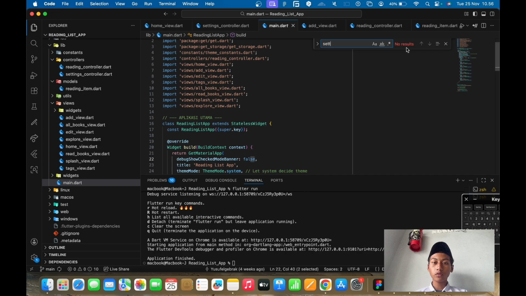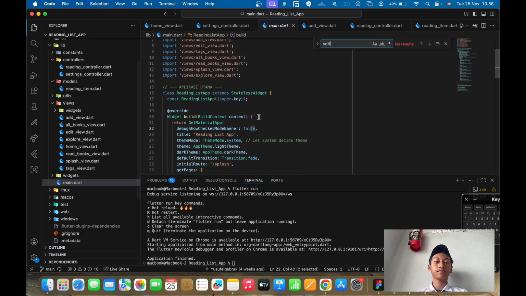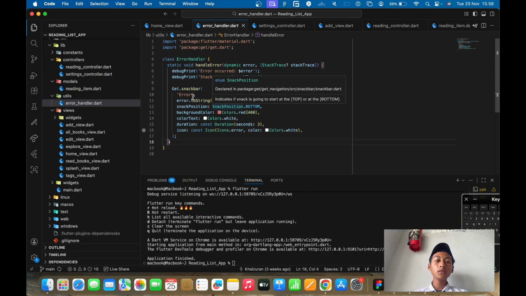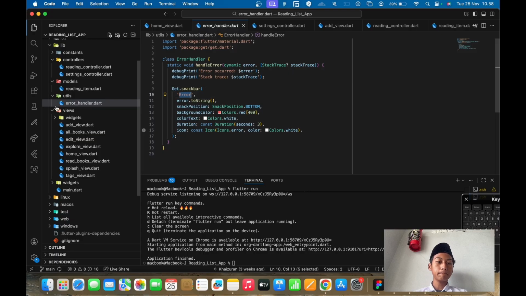So there is no result for settings, that settings control is not worthless. Up to you, it's just optional, whether you want to bring a settings control in your application or not. If it's not shown, it can show an error for the app.